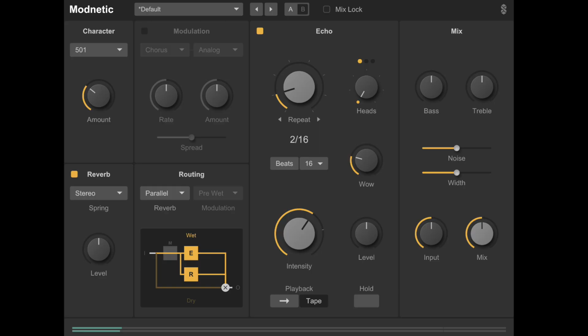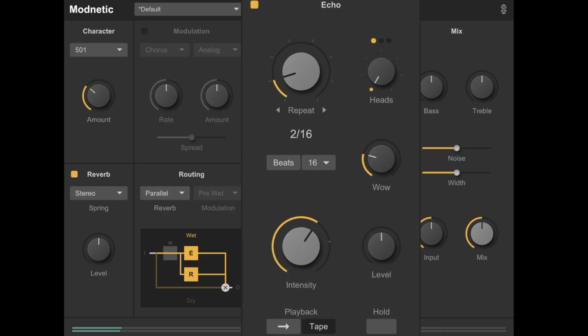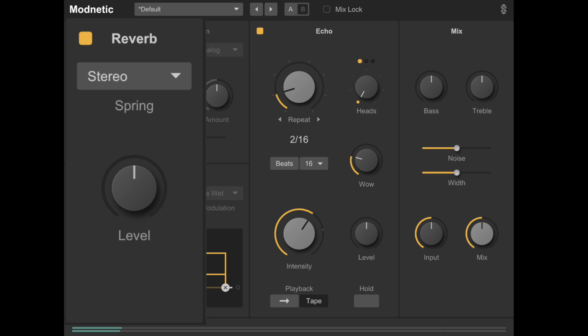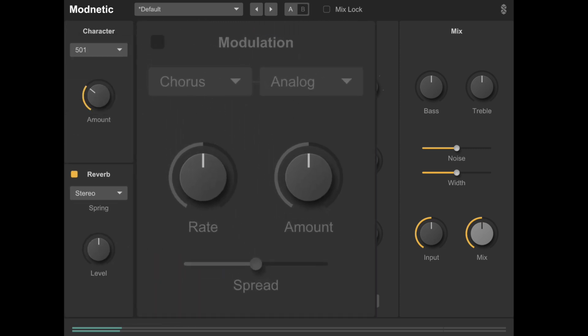Okay, so let's talk about the key features of Modnetic. An echo section with 3 combinable virtual tape heads, 2 different reverse delay effects, and a hold mode, which emulates repeatedly reading and writing the same audio to tape. A reverb section with 35 carefully crafted impulse responses. A modulation section featuring chorus, flanger, and phaser effects, including analog models inspired by bucket brigade devices, clean digital effects,